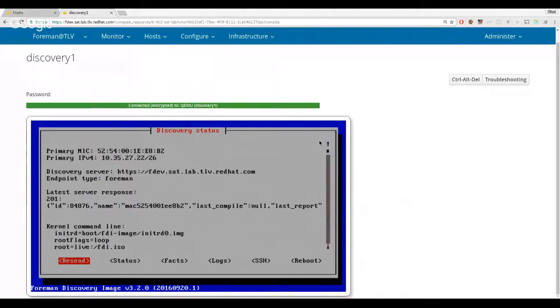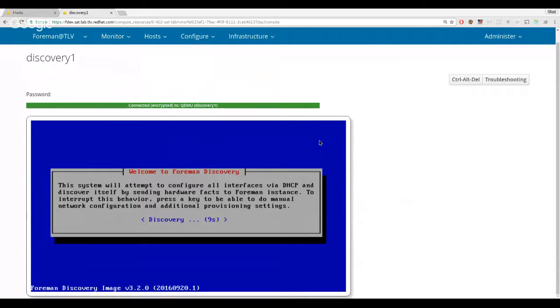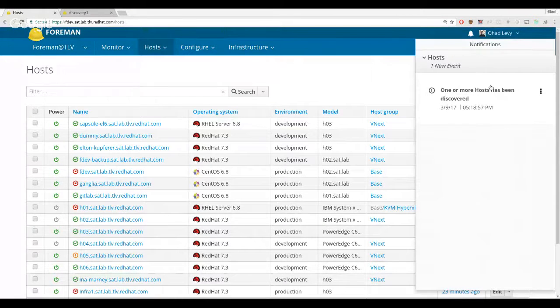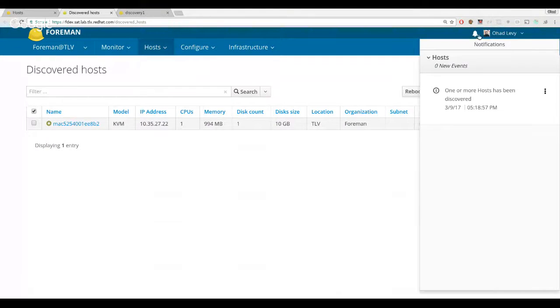I have here already a discovered system. Effectively, when one or more discovered systems are available and registered to Foreman, they already show up in the notification drawer. The notification drawer will change its icon, so there will be some visual indication when there is a notification or when there are no notifications. And you already have the ability to click on the details in this case,